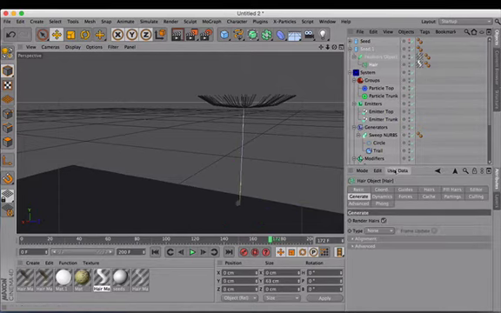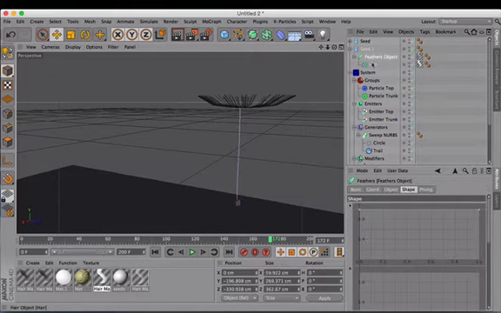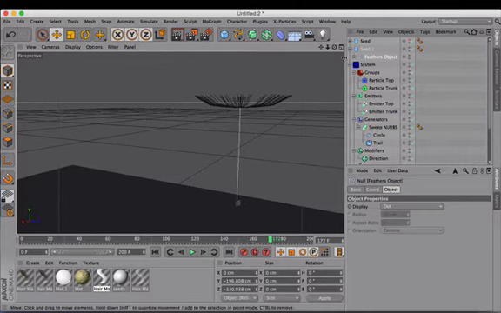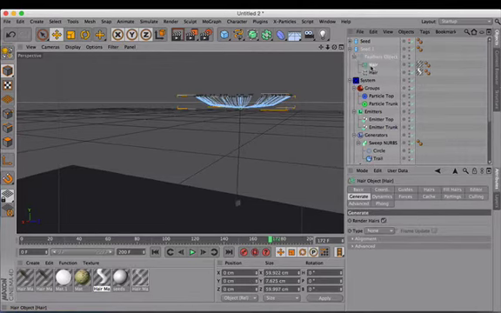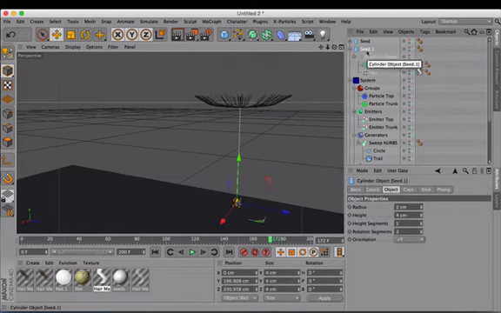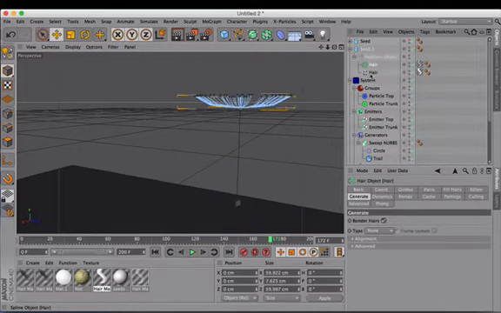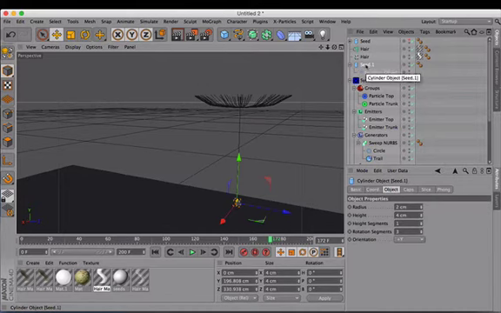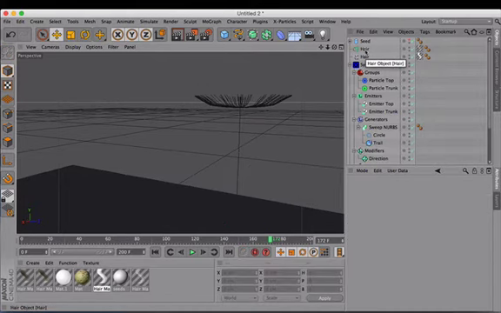Go into the hair object, and what you need to do is go to Generate, and then you're going to generate a spline. When you hit Make Editable, you see the hair object has turned into a spline and the hair itself. What we don't need anymore is the top part, so select that one, get it out of there, get rid of this one,